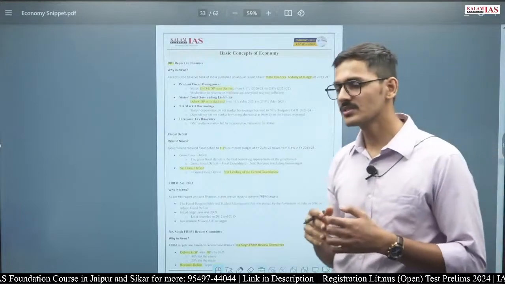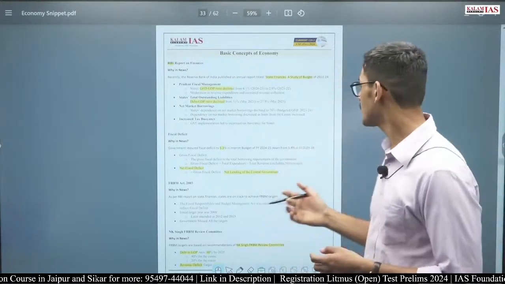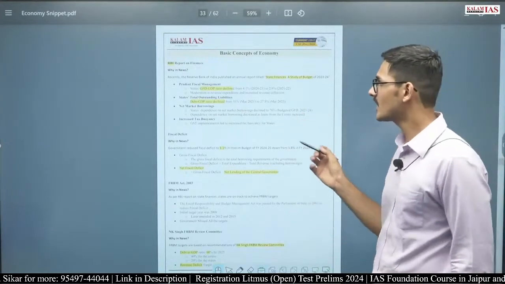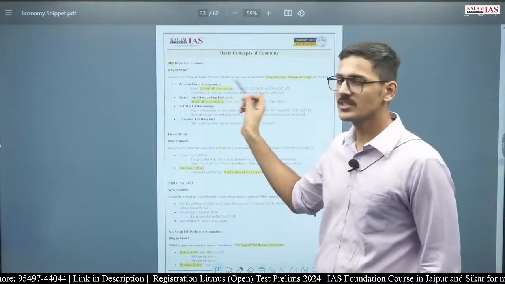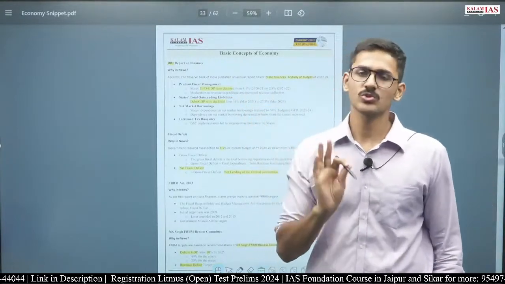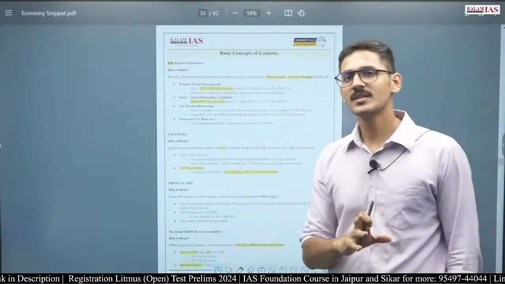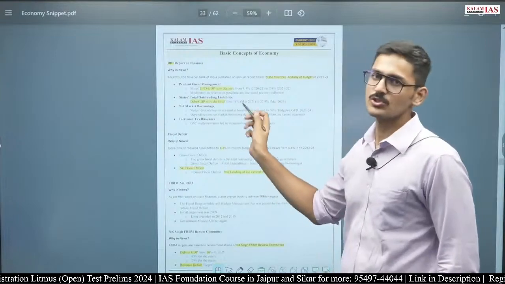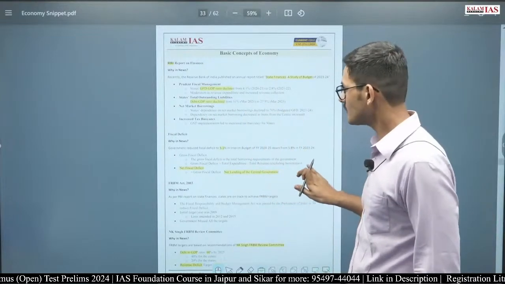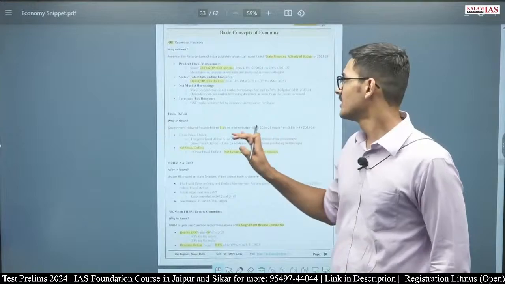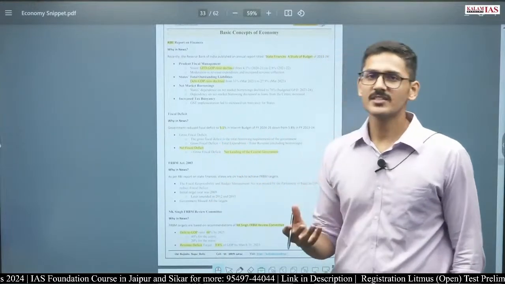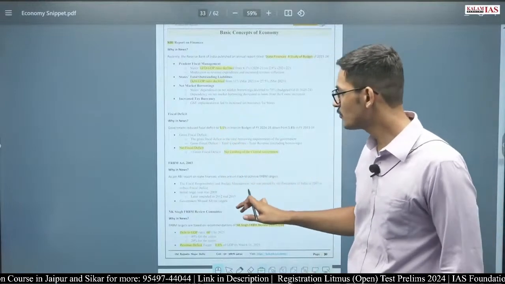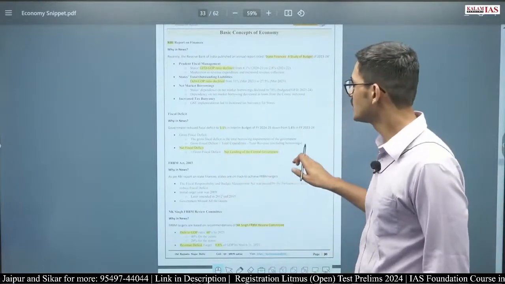have fared in the financial year 24, and it has studied the budgets of different states. The RBI has said that the gross fiscal deficit to GDP ratio of states has reduced, and the debt to GDP ratio has also declined. There is an increase in tax buoyancy. Tax buoyancy is basically the change in tax with respect to the change in GDP. As we move forward, we will look in detail at what tax buoyancy is.